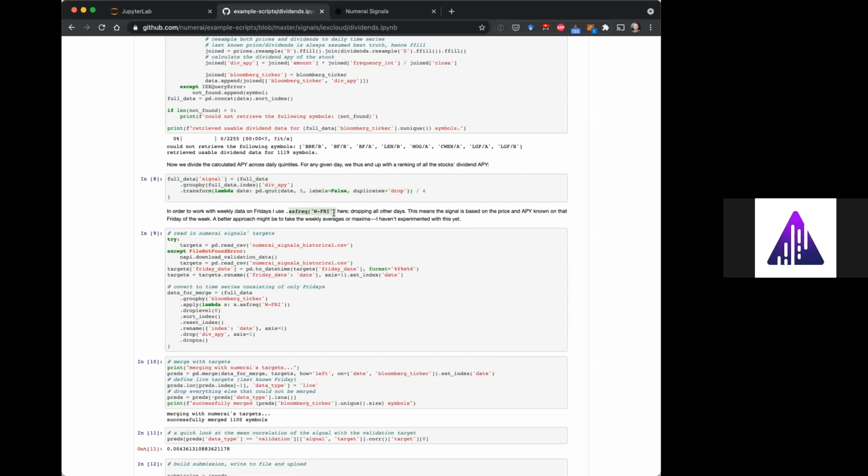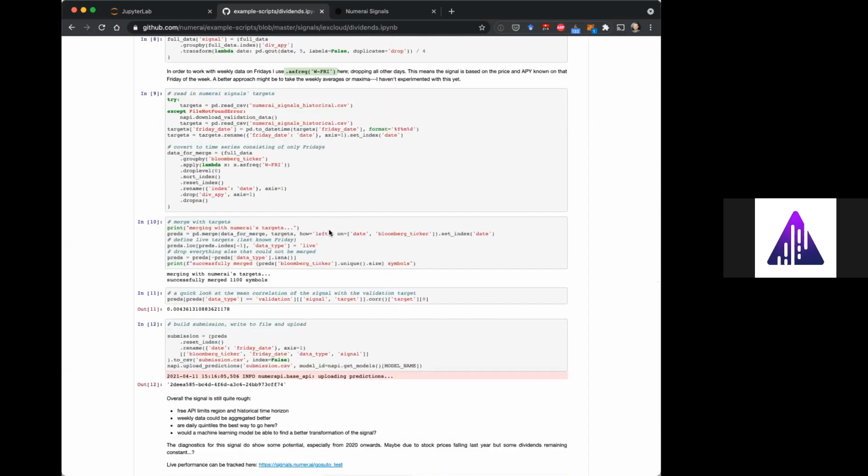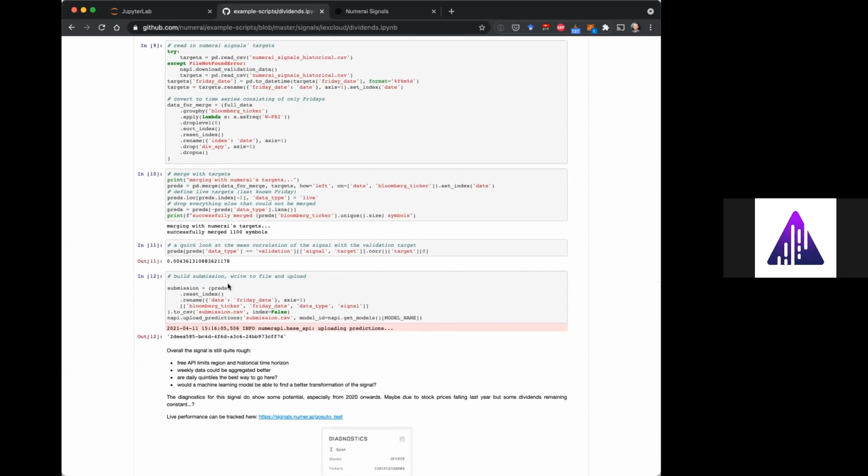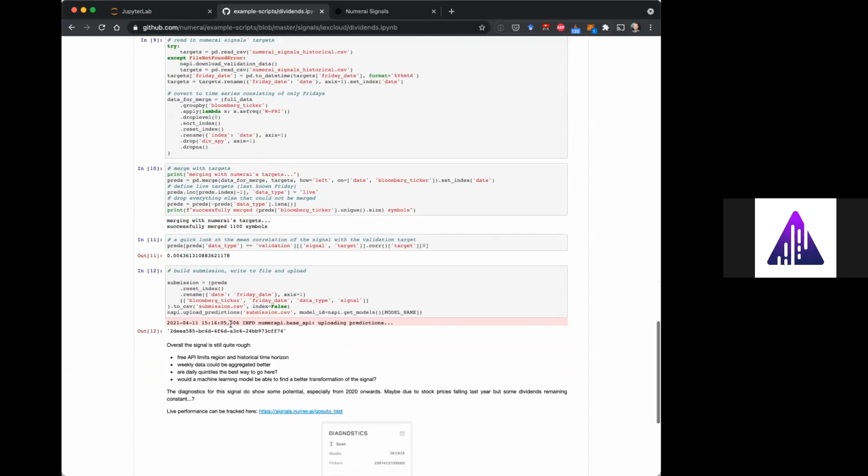This was a really nice find in Pandas. Obviously, we're looking for that Friday date. In the example script, there's quite a lot of code that is about finding the right day. And I was happy that Pandas could just do that for me. And the rest of the code is basically just fitting and submitting. Here we see that there's about 1100 symbols that are merged. And then we also get back how many are actually submitted. I think it's a bit less than that.